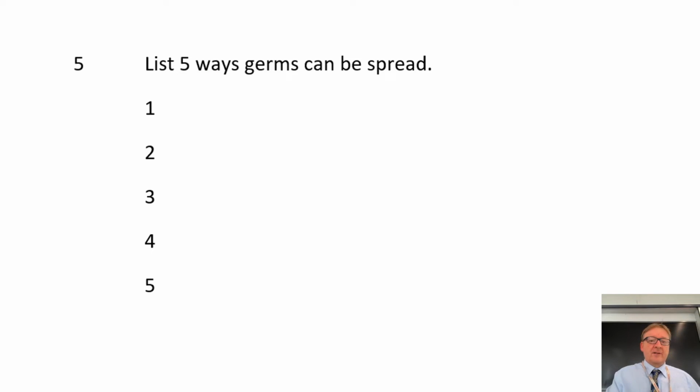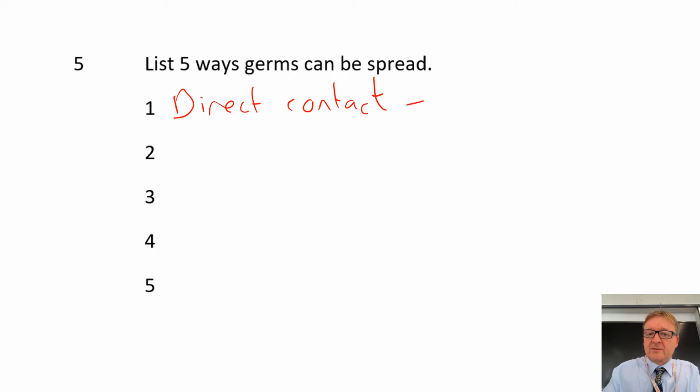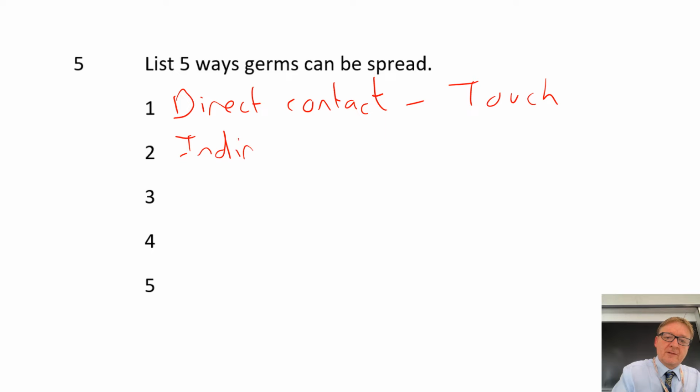Question number 5, list 5 ways germs can be spread. Okay, so number 1 is direct contact. If we got direct contact, that could well be touch. So if I got germs on my hand and I then shake hands with somebody, then that's direct contact. I could pass those germs on, they could then touch their face and it gets taken in by them. We could have indirect